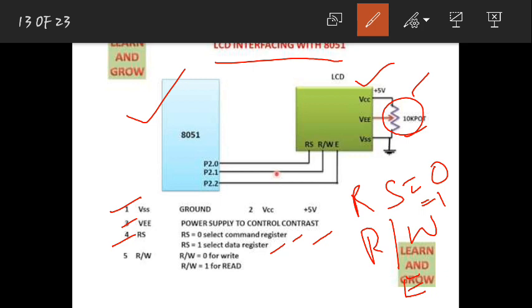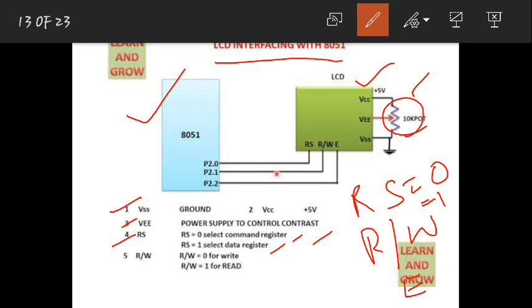So whatever inputs we give to this LCD are of two kinds. One is command, another is data. We can give a command to the LCD. Commands as in, I can first turn on the LCD. Once I turn on the LCD, then the cursor should be displayed. I can give a command in such a way that either my cursor will stay still in one place, or else it can blink. That is the command that I give.